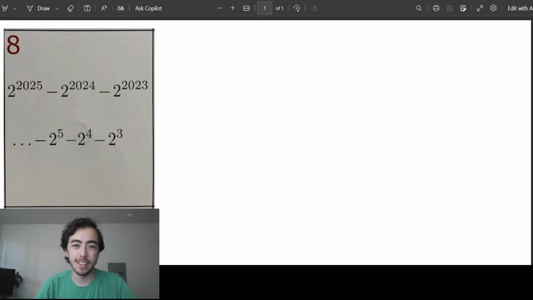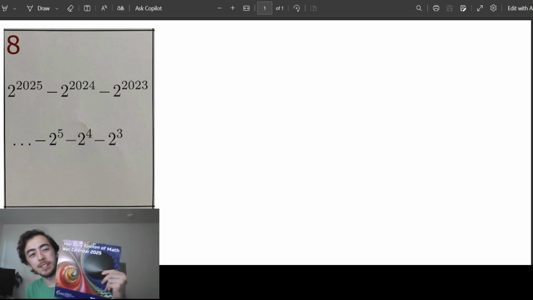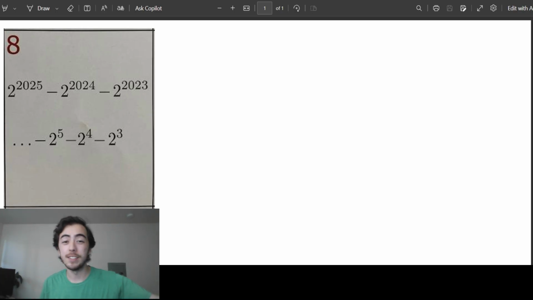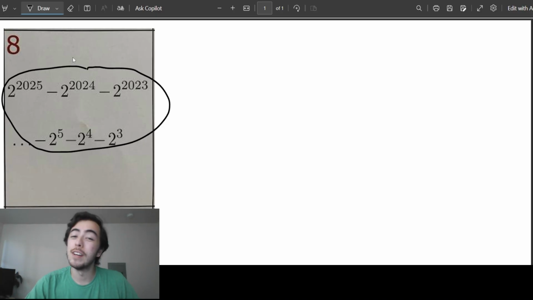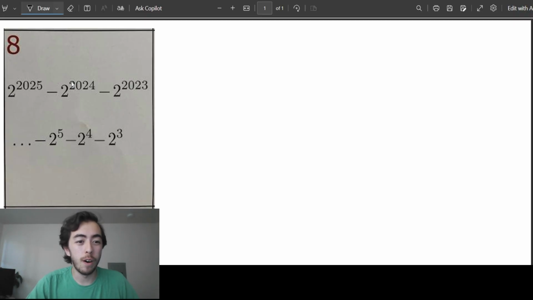Today is September 8th, and we're solving problem 251 from the Daily Epsilon calendar. And the answer today should be 8, because it's the 8th. And so it looks like today we have an arithmetic problem, kind of, where we have a long list of powers of 2. Interestingly, the highest exponent is the current year. And after we do all of this subtraction, we are supposed to end up with just the number